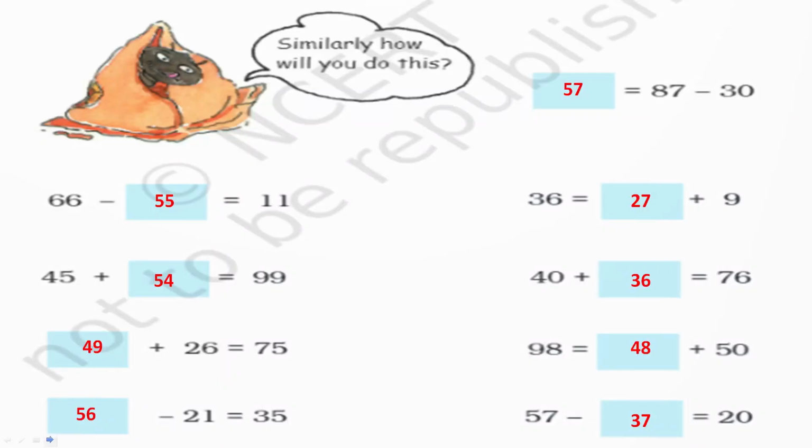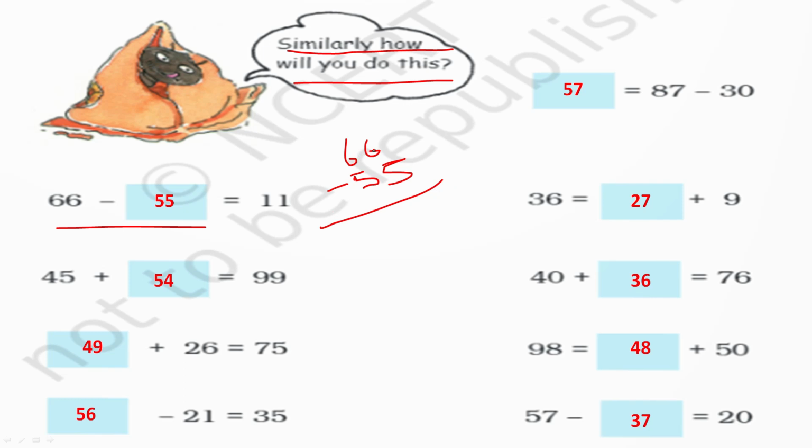Similarly, how will you do this? First sum, 66 minus 55. Write 66 minus 55. This 6 minus 5, 1. 6 minus 5, 1. You can add these two numbers and write it here. 5 and 4 makes 9. This 4 and 5 will make 9. So 99. Now for this sum we want